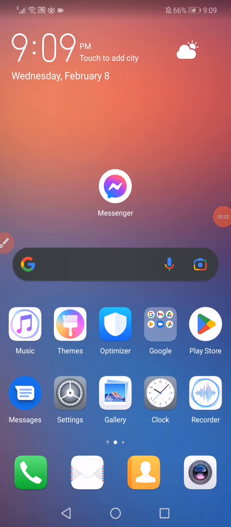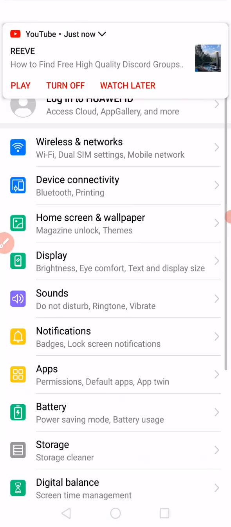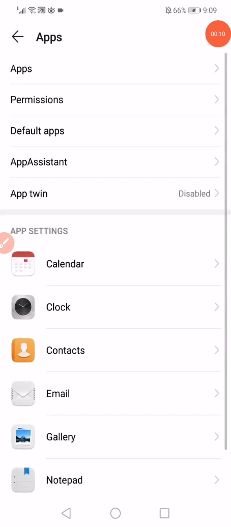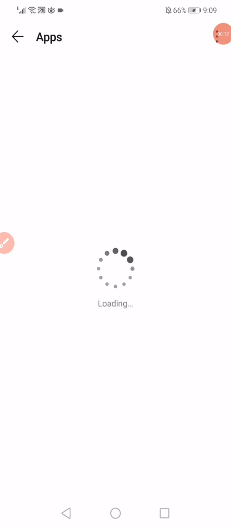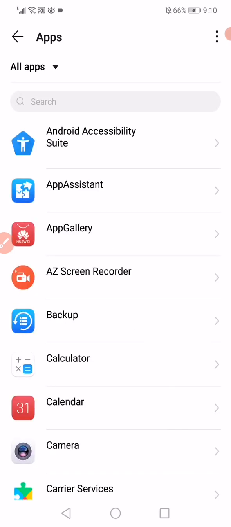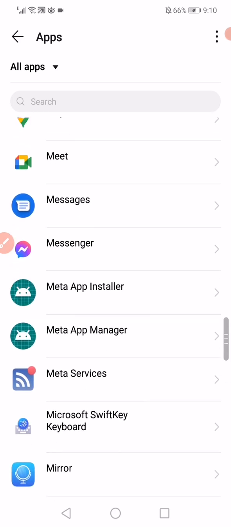How to fix Facebook Messenger switch accounts problem. First thing, open the settings and then go to the apps manager. When you open the apps manager on this page right here, you're gonna find all the apps that you have on your phone. So all what you wanna do is scroll until you find Messenger,